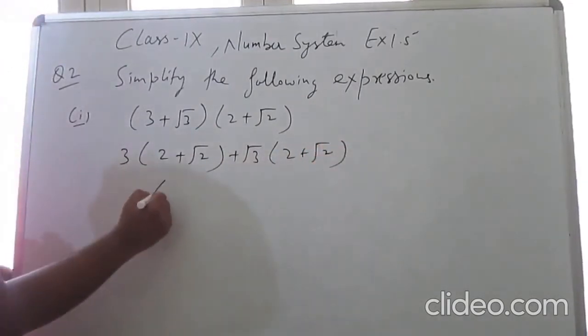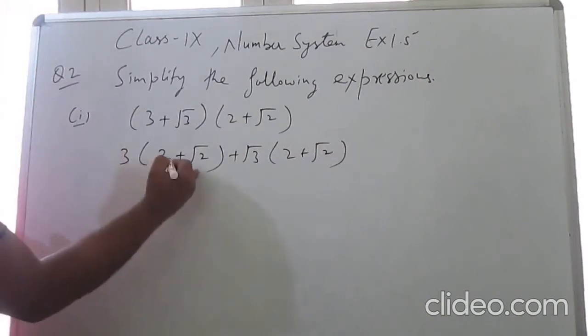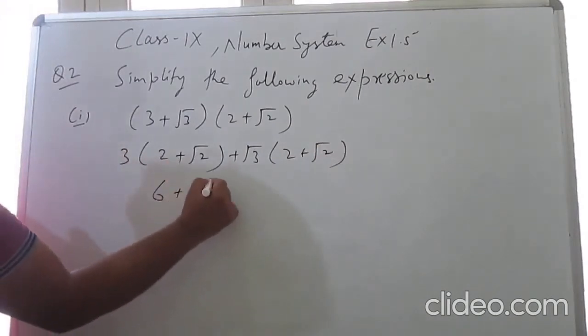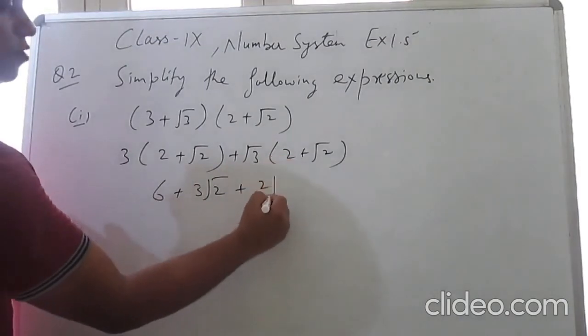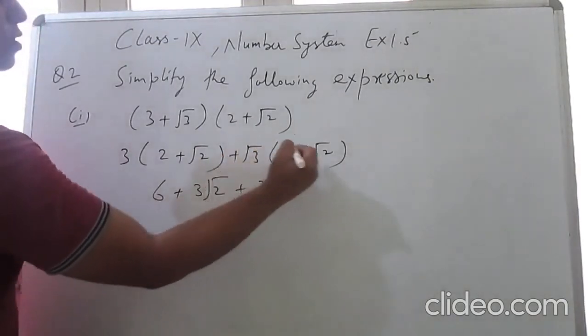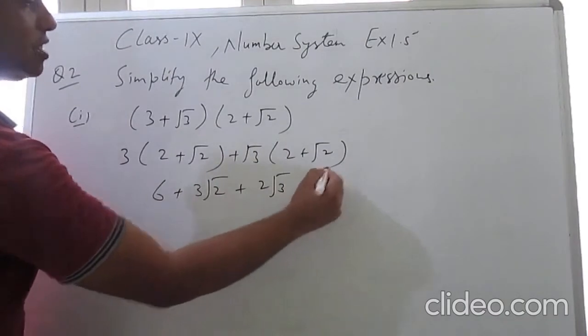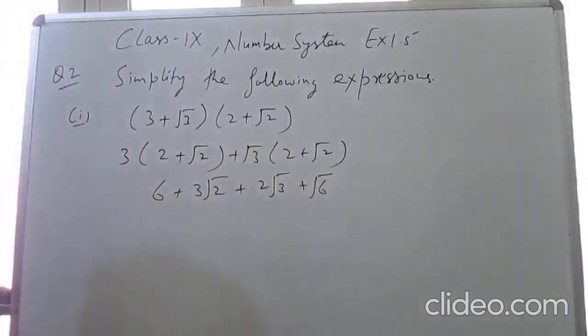Now 3 times 2 is 6, plus 1 rational, irrational. Write it as it is: 3 root 2, root 3 irrational, 2 rational. So write 2 root 3, root 3 root 2, plus root 6. This is the answer. Second part,